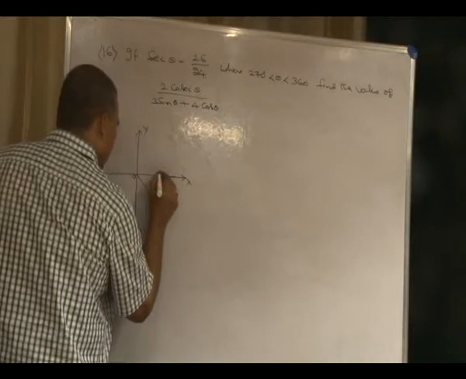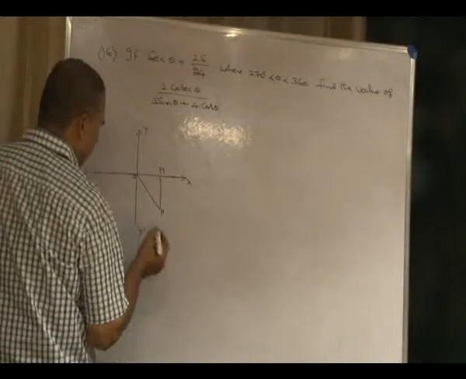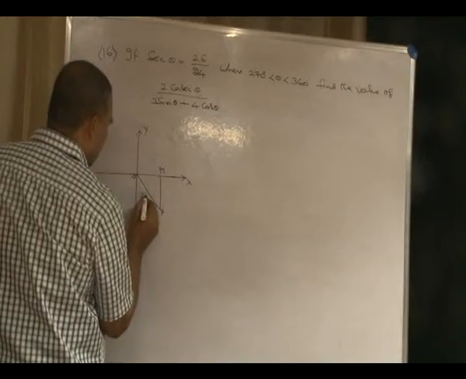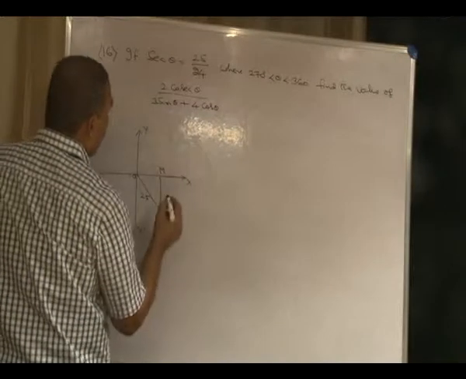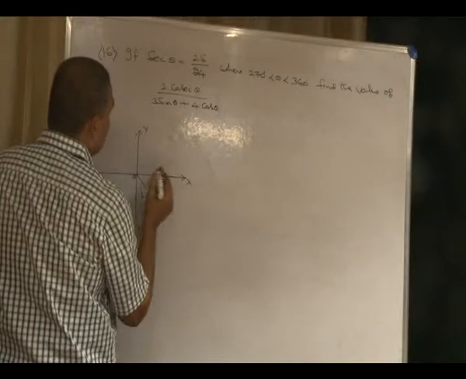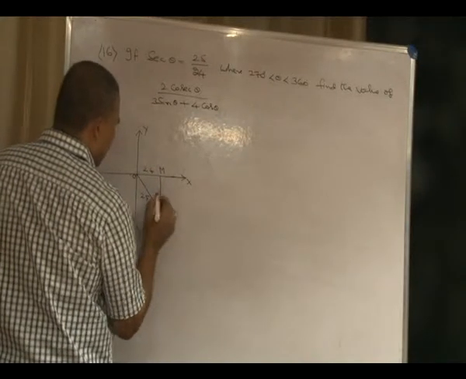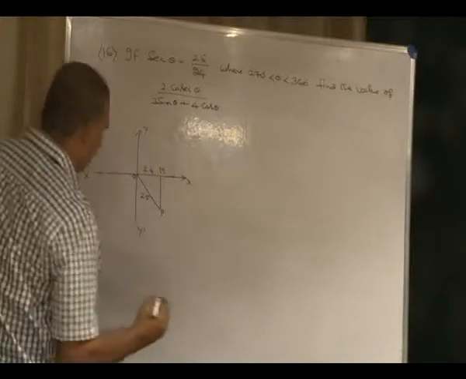Draw PM perpendicular to the x-axis. Secant theta equals hypotenuse by adjacent side: the hypotenuse is 25, the adjacent side is 24. To find the opposite side of angle theta,